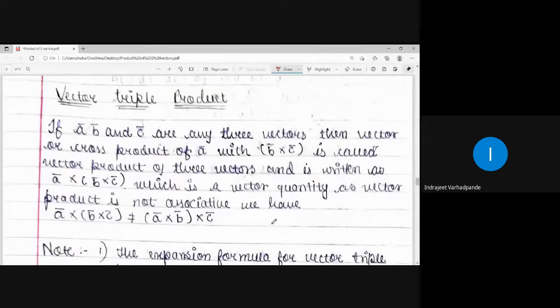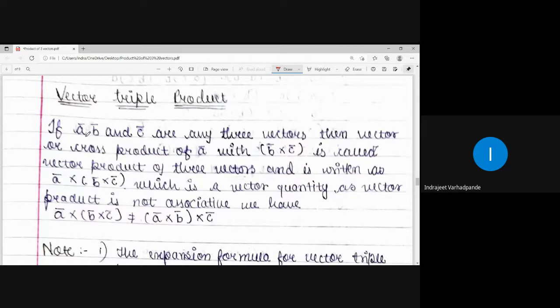Similarly, on parallel lines to this, we discuss the vector triple product. Now, what do we write in the vector triple product? Vector triple product means whatever combination of the product you are going to take, the resultant should be a vector quantity. Vector triple product usually is denoted by cross product. In the scalar product, we use dot. In the vector product, we use cross, and therefore it is also called cross product. The resultant quantity in the vector triple product shall be a vector only.